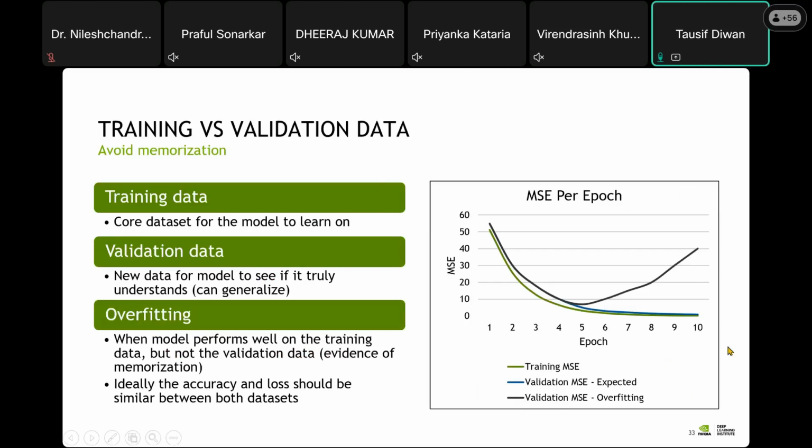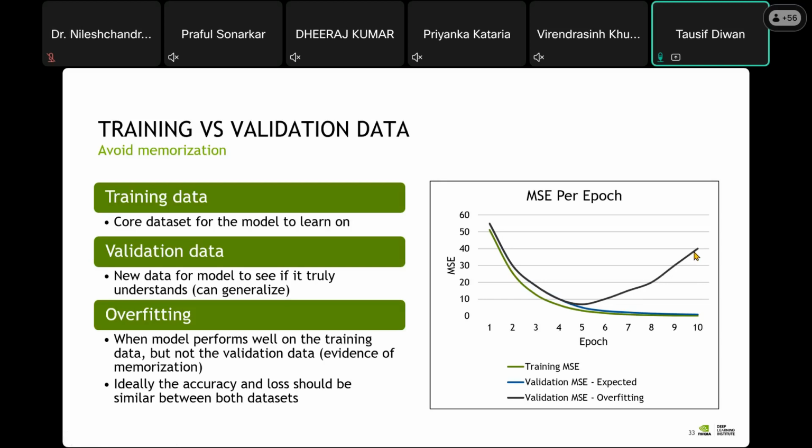Now this is a plot between the training epochs and the error or the loss function. Here we can see the training error is getting reduced. At some point of time, it is getting stabilized. Now it is not getting reduced. Validation error, here we can see when we are training this model again and again, after some point of time, validation error is not actually reducing, it is increasing after some